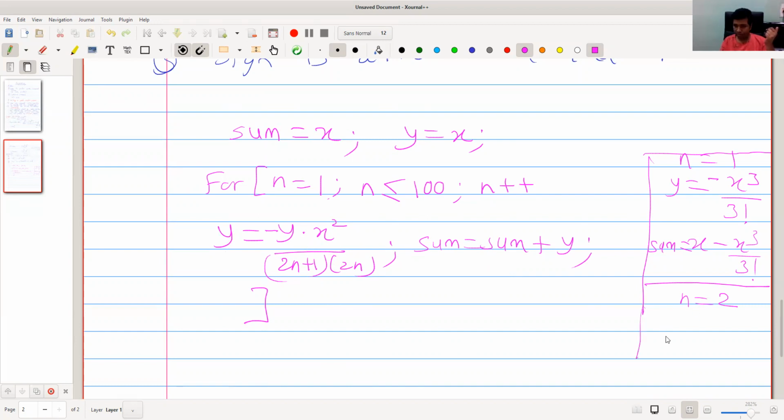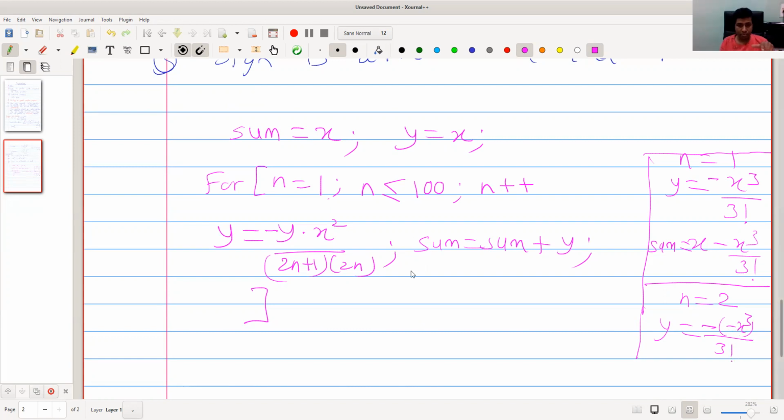Now what happens? y equal to minus y into x square. What is y? y is already having a minus sign. So minus into minus x cube by 3 factorial.